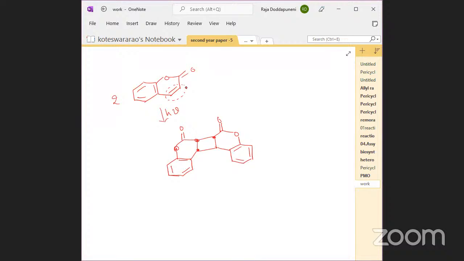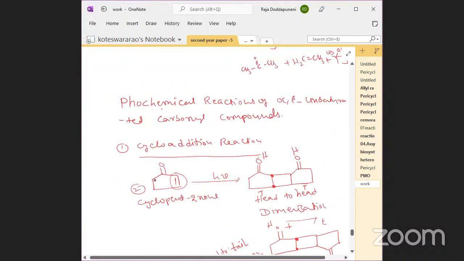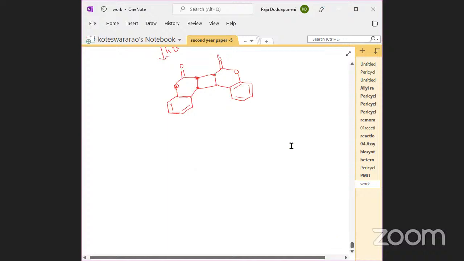Cyclodimerization, sorry, dimerization. Now coming to the cycloaddition reactions. This one is cycloaddition. This is the cyclodimerization. Cycloaddition can use 4 plus 2 cycloadditions or 2 plus 2 cycloadditions, similar to the pericyclic reactions. Simply, take an alpha beta unsaturated cyclohexanone, this cyclohexa-2-enone,